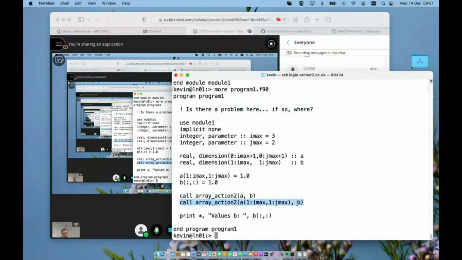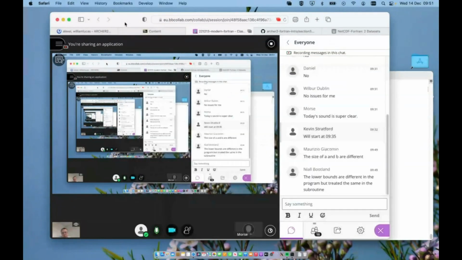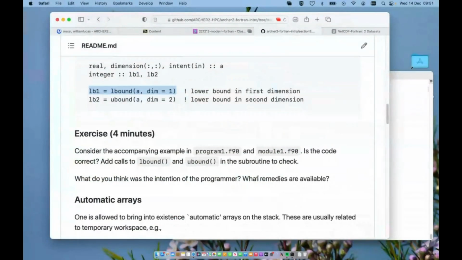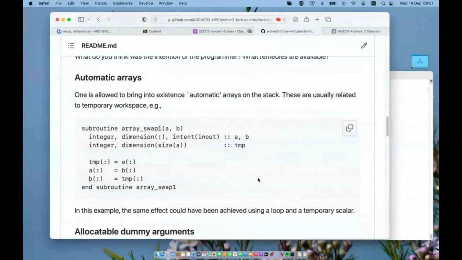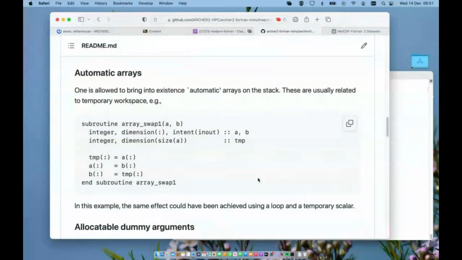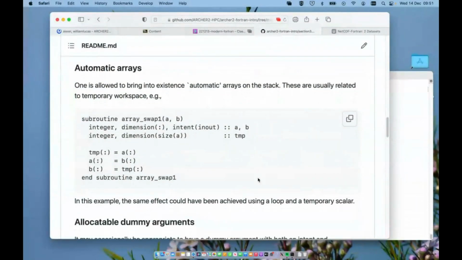Then you will add the elements of B to the corresponding elements in A. So that's something to watch out for with assumed shape. Okay, so one can do